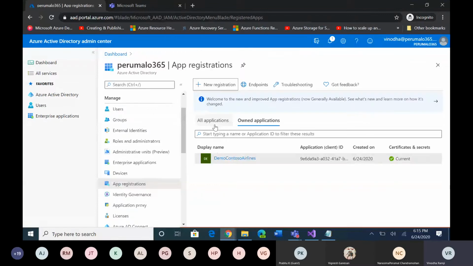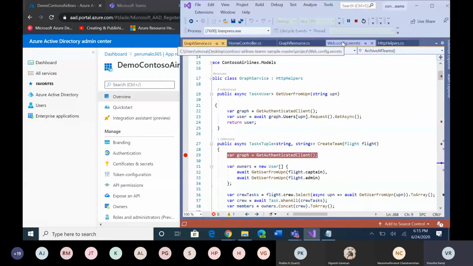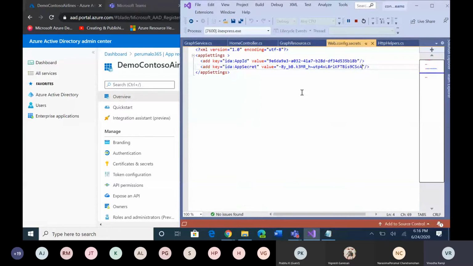After registering the application, you get an app ID and secret. In the interest of time, I have already registered an application called Demo Contoso Airlines and placed the app ID and secret in the web.config.secret file. By placing the app ID and secret, we are establishing the connection between the Azure AD app and the demo app.